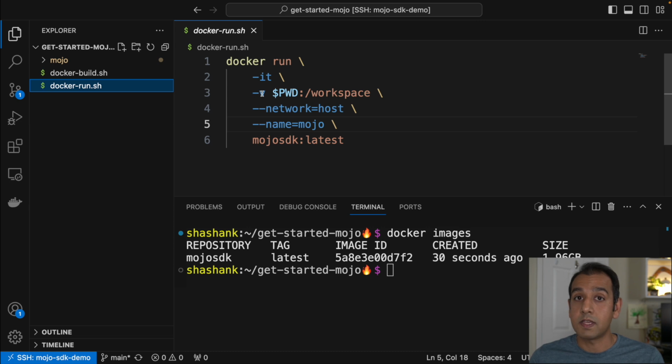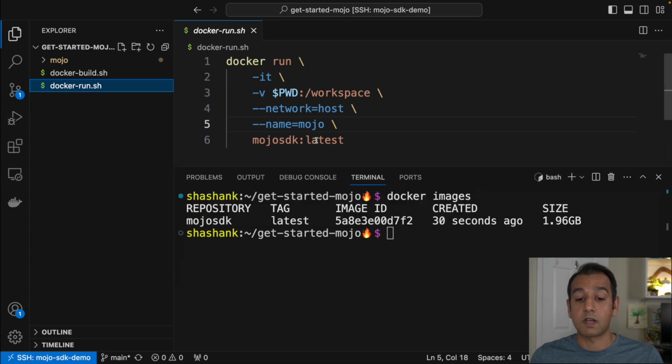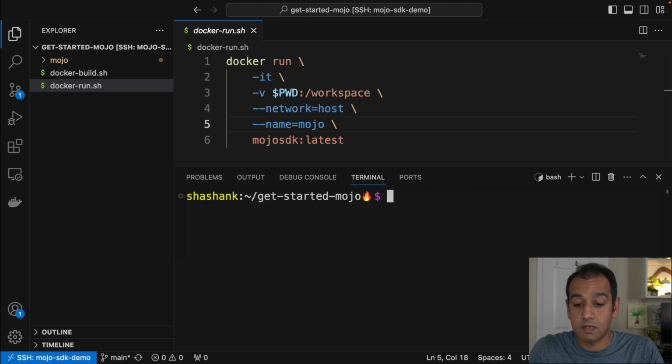-v is volume mounting, so I want to mount the current working directory into a directory called workspace, and I want to give access to the host network stack so that I can access services running inside the container. I give it a name and then provide the image that I want to run, which is Mojo SDK colon latest. So to do that, I'll simply say